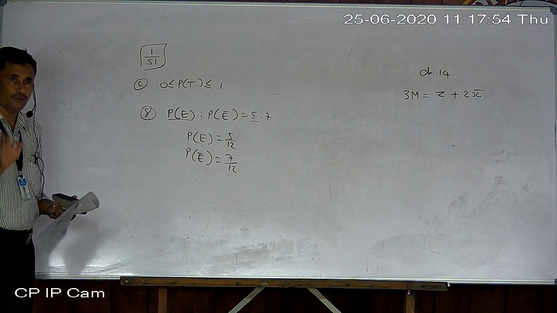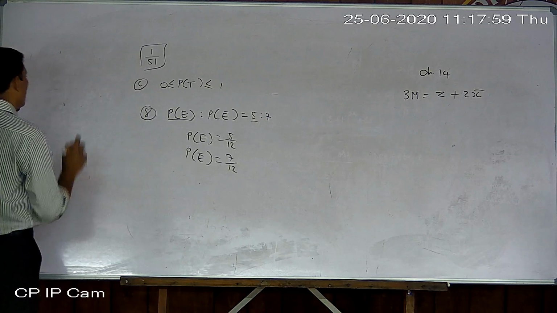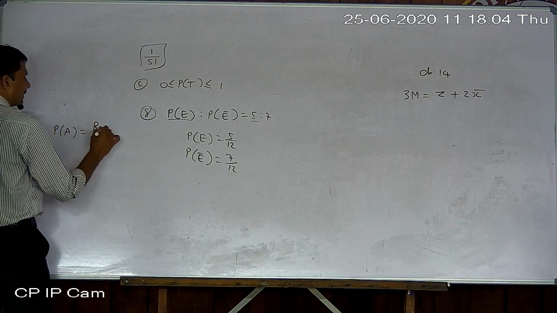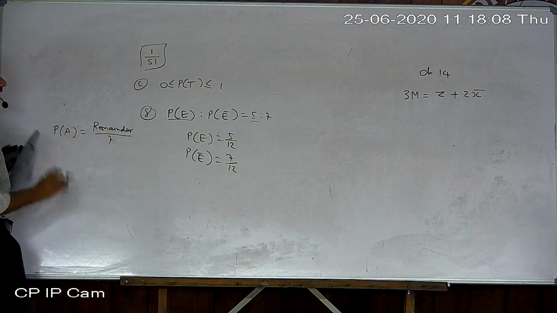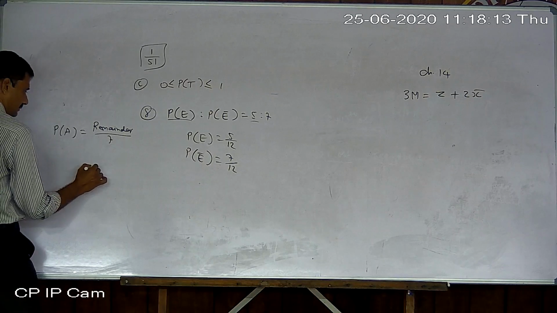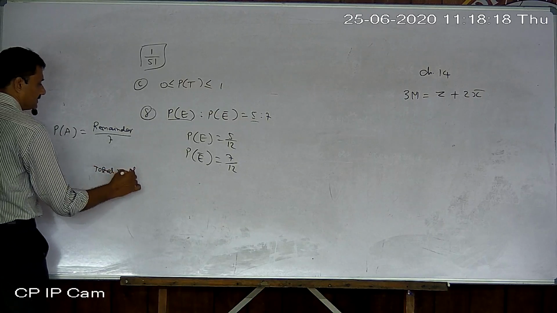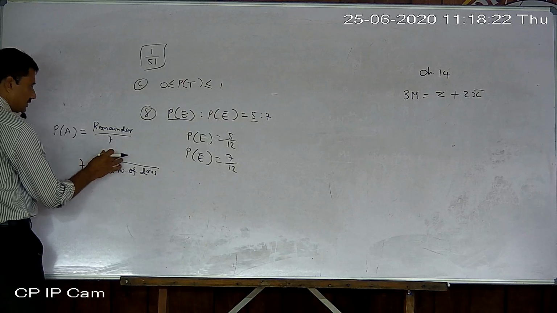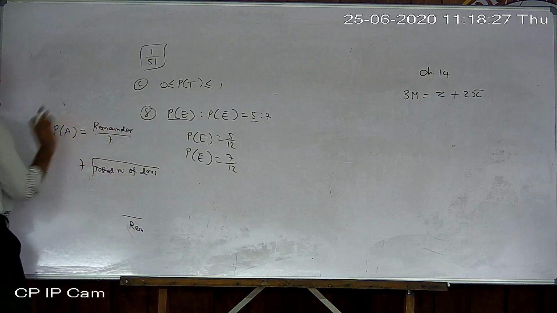The day is not important, whether it's Monday, Tuesday, Friday or Sunday. But your answer will always be remainder upon 7. The 7 will be fixed. You just need the remainder. But how to get the remainder? Divide the total number of days by 7. The quotient is not important; whatever remainder you get, that is important, and that should be taken here.